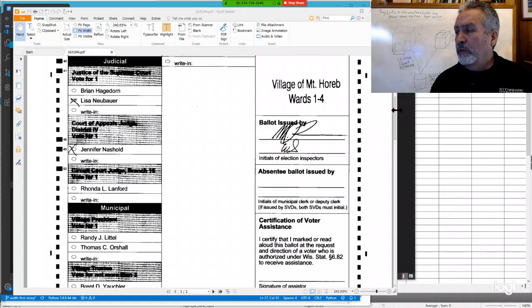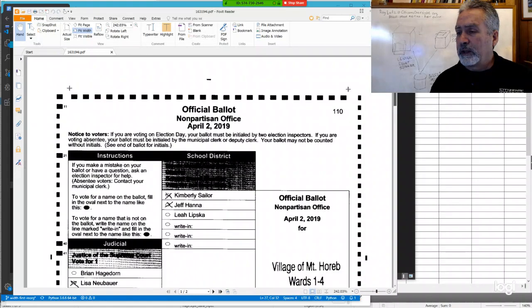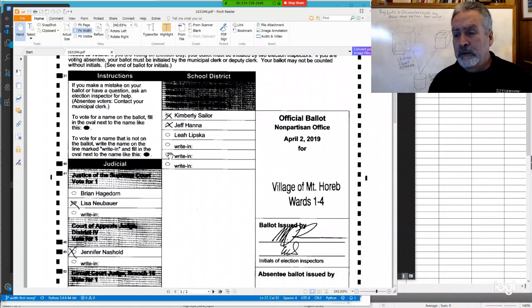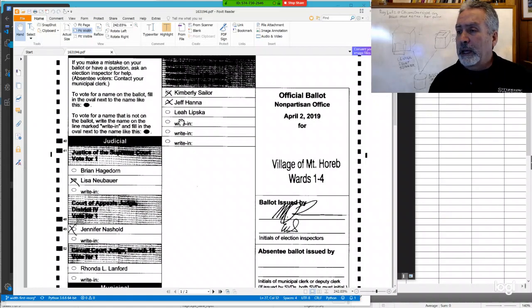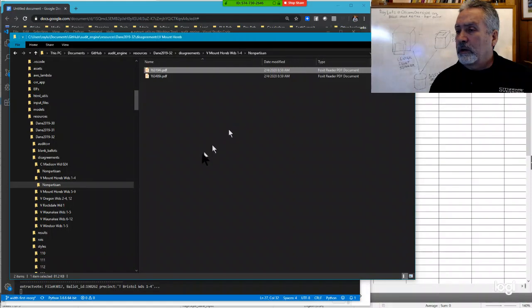So what we have also implemented is a thing called adaptive mark thresholding. It depends on the ballot, like how dark these are going to be. We also include a little bit more of the area around that bubble because we think it's only fair to let the voter miss it a little bit. They have a hard